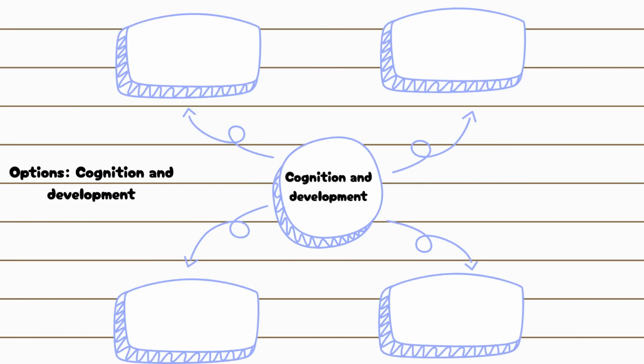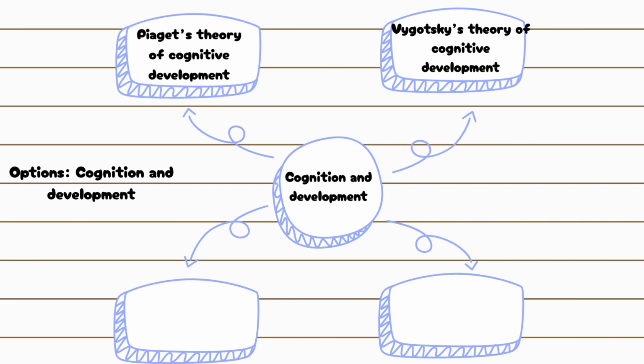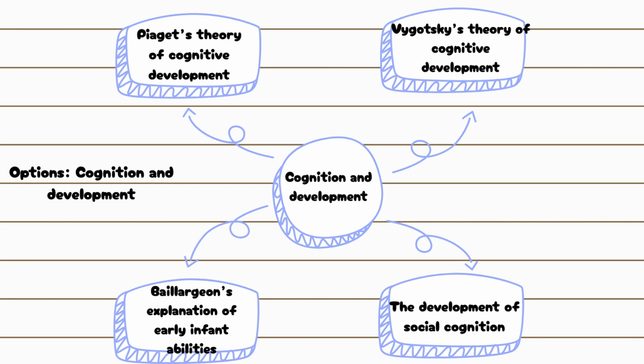Options: cognition and development. For this topic you must know Piaget's theory of cognitive development, schemas, assimilation, accommodation, equilibration, stages of intellectual development, characteristics of these stages, including object permanence, conservation, egocentrism, and class inclusion. Vygotsky's theory of cognitive development, including the zone of proximal development and scaffolding, Baillargeon's explanation of infant abilities, including knowledge of the physical world, a violation of expectation research, the development of social cognition, and Selman's levels of perspective-taking,